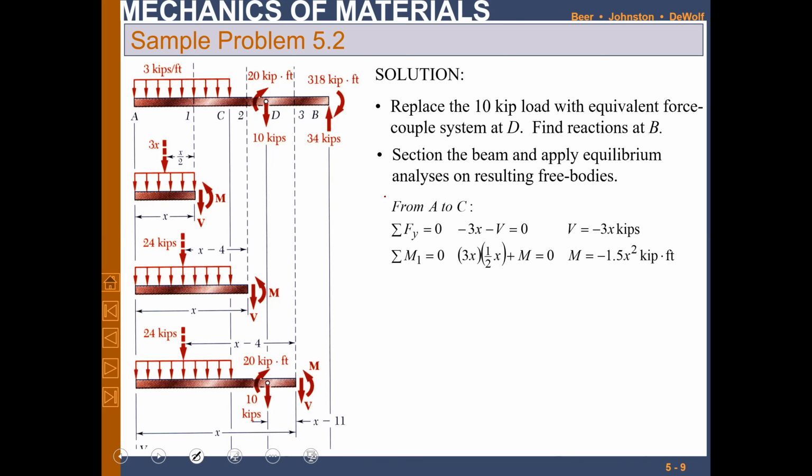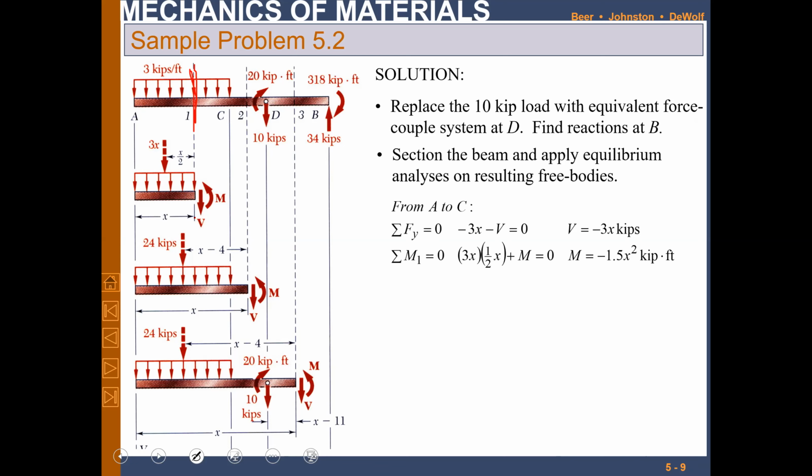So we will take the first section at 1. This is section 1, so from A to C, right? As I said earlier, 3 and x will be the distance on which this load is being applied, maximum that can be 8. So 3x, and this will be exactly applied at the half of that section, so x by 2. If this is x, it will be x by 2, and 3 as a function of x will be the load for that.